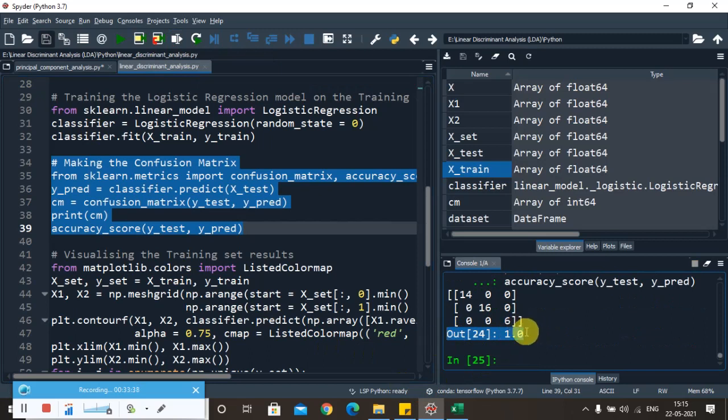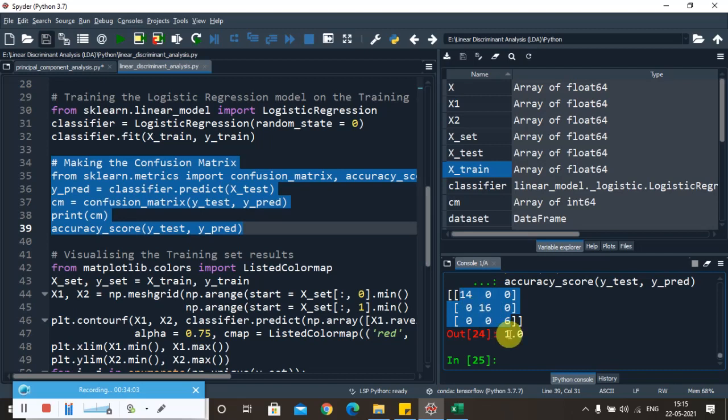None of the data has been wrongly predicted. You can see 16 plus 14 is 30, 30 plus 6 is 36. Out of the 36 test data points, all 36 have been rightly predicted and put in the right segments. So we get a 100% result here.